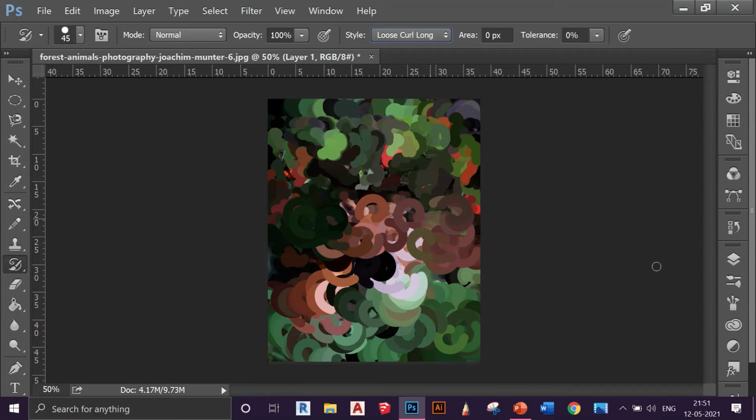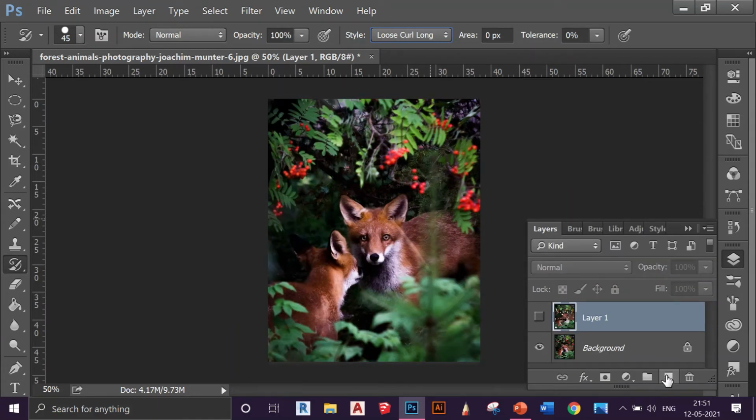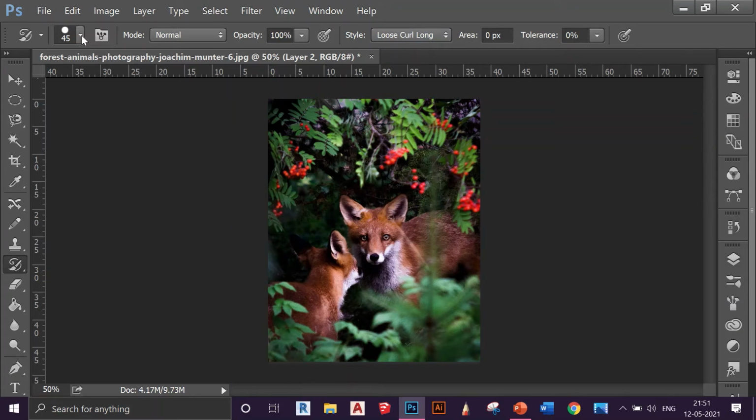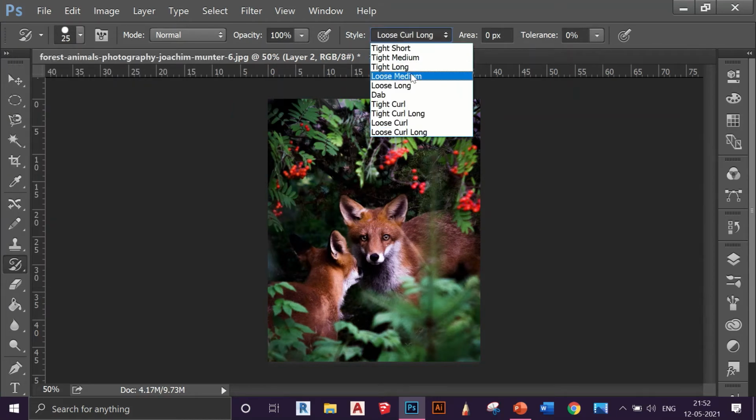I'll show you how to get a detailed painting the right way. So I'll undo all of it. I don't want it, so I simply erase the layer. I will create another layer and go into it. I want the size small because I want it to be more detailed. So I think 25 would be good. Yeah, and I will choose the Tight Long brush.